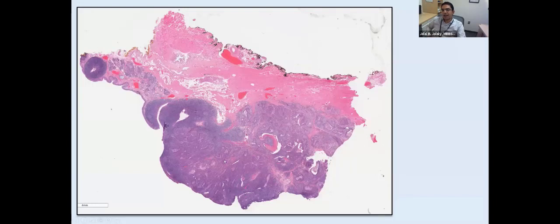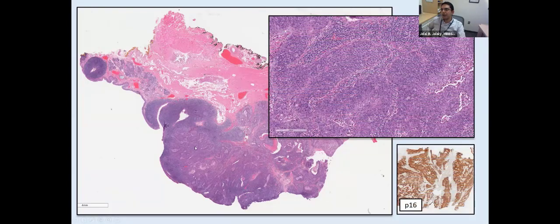This patient indeed had a squamous cell carcinoma involving the base of tongue and the tonsil. And you can see here the tonsillar epithelium that is not involved by tumor, and you can see here the crypt epithelium where usually the HPV infection happens and leads to a non-keratinizing squamous cell carcinoma that we see here in this case, and this indeed was HPV related, as you can see here, by the positive HPV p16 testing, which is a surrogate marker for HPV.